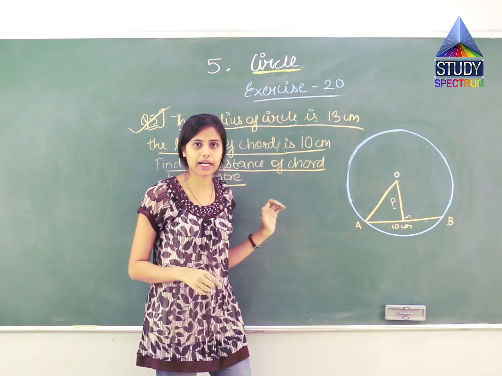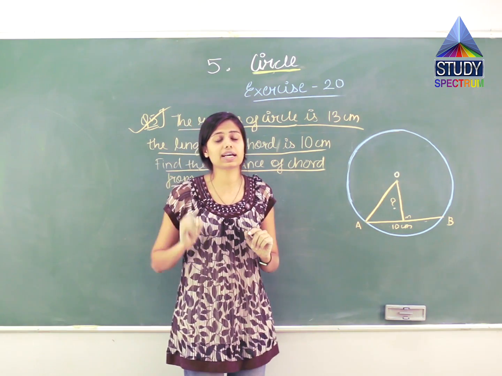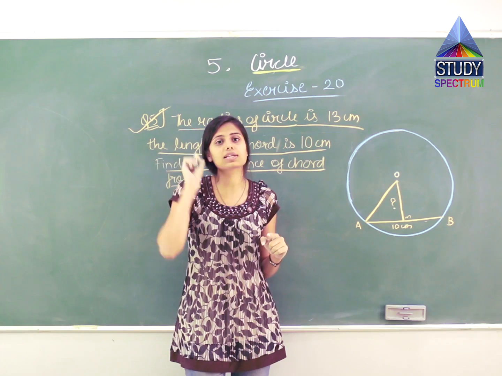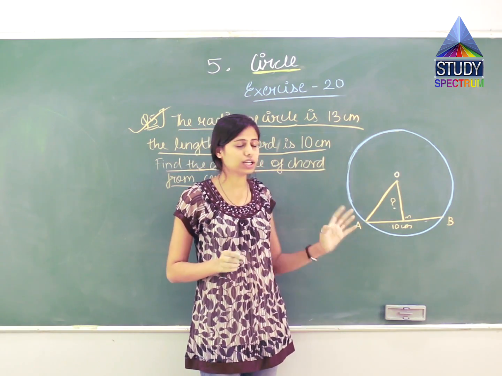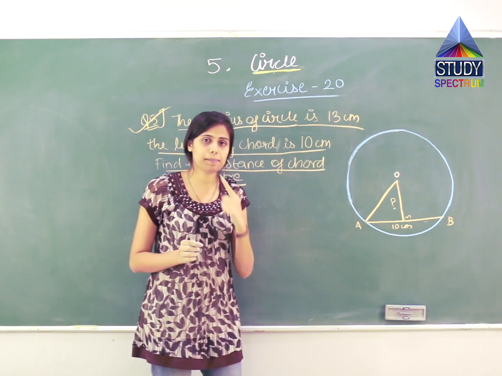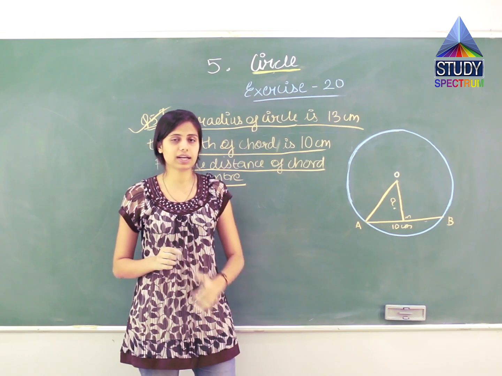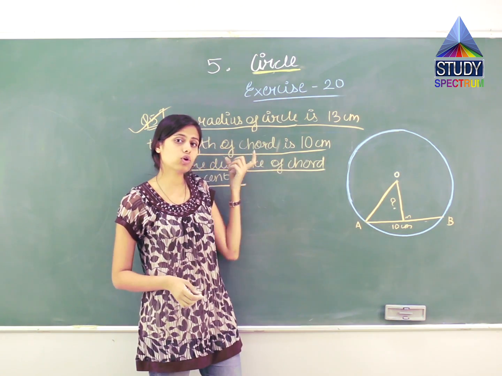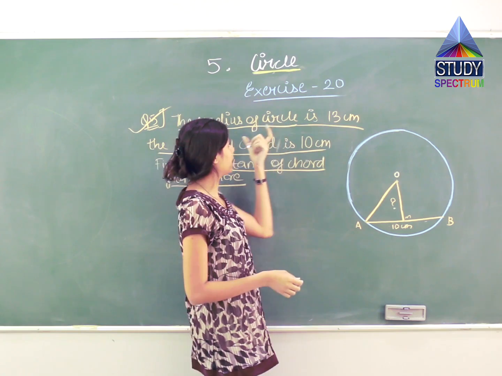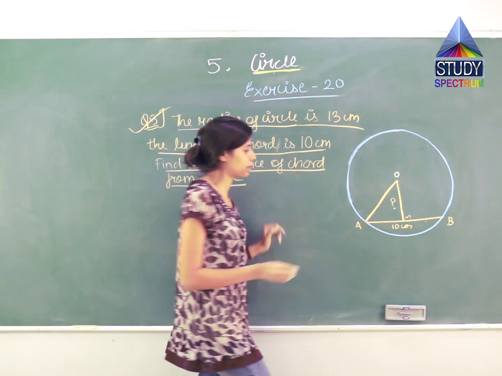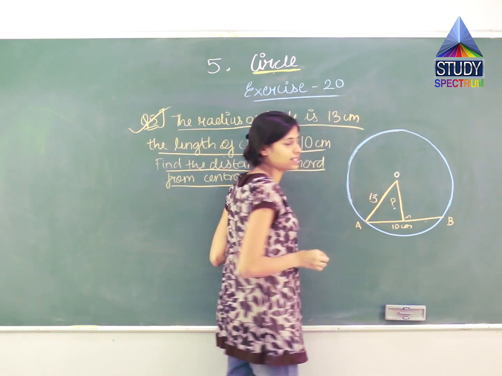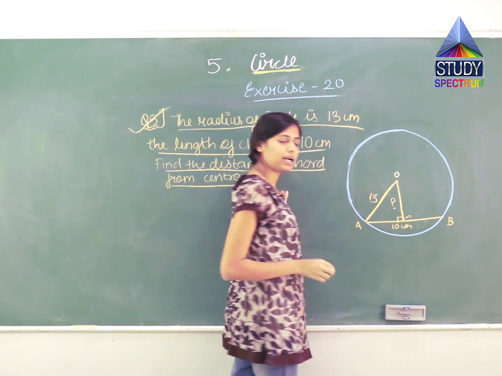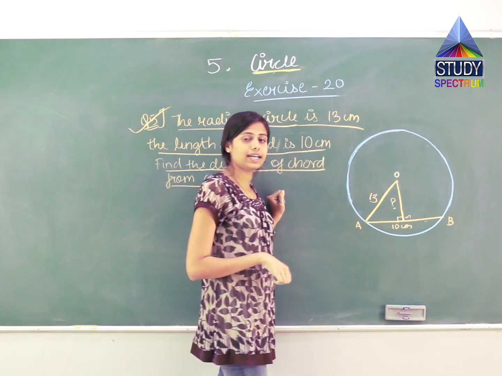This is what? This is a radius. Why radius? Because radius is the segment which connects the center of the circle to a point on the circumference. Here no other point was given except B. So we have to take one point. So here I have taken it as A and joined OA. OA is the radius and we know the length of this. See, the radius of the circle is 13 centimeter. Means what? This is 13 centimeter. Like previous question, this is also what? Perpendicular. Means what? 90 degree.